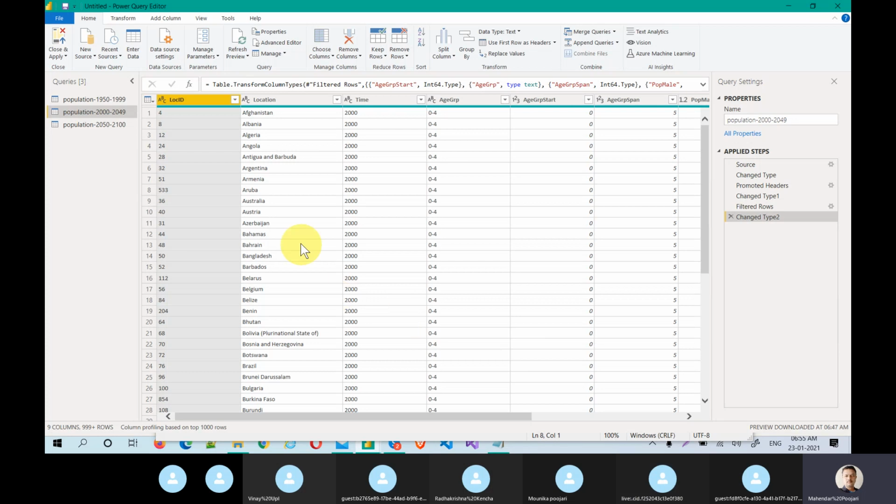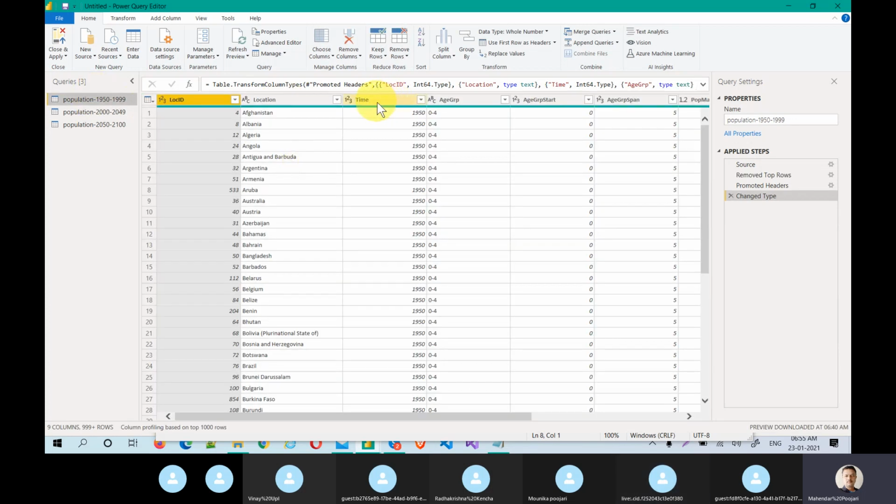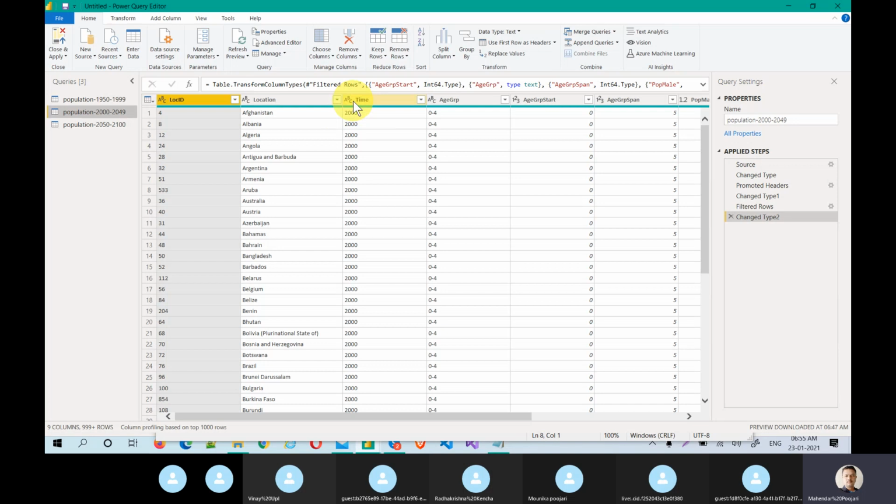You can also rename them, because Time is not correctly meaningful. This is actually Year. The data type is also not correct. The year should be a number. See here, this one is data type number, but if you come here, this is text. They should be the same format.